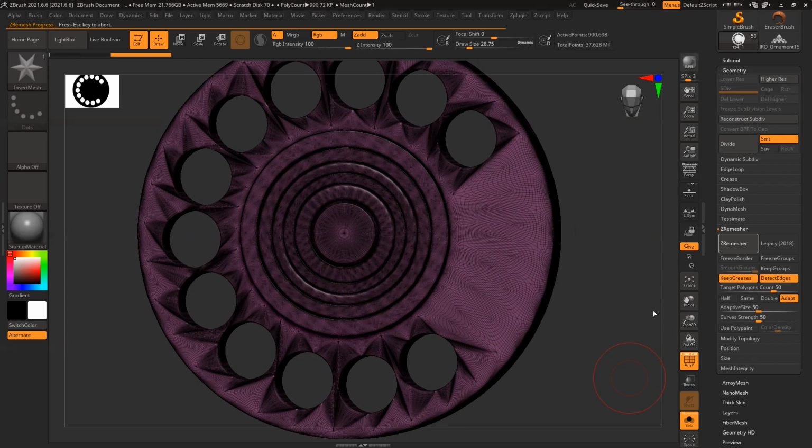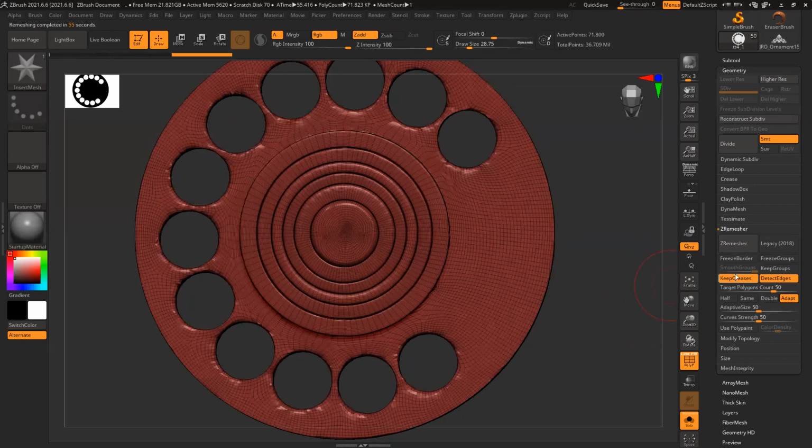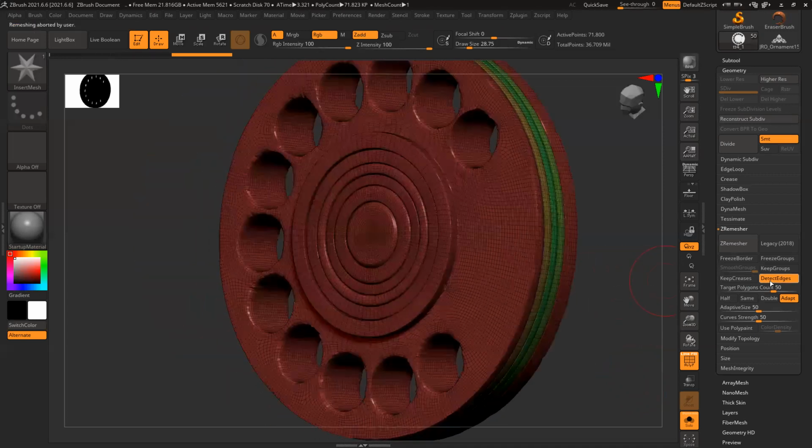Creases, anyway, there's no crease in this model. It was unnecessary. Okay, not that great, no problem. And remesh again so that it gets a clean shape.